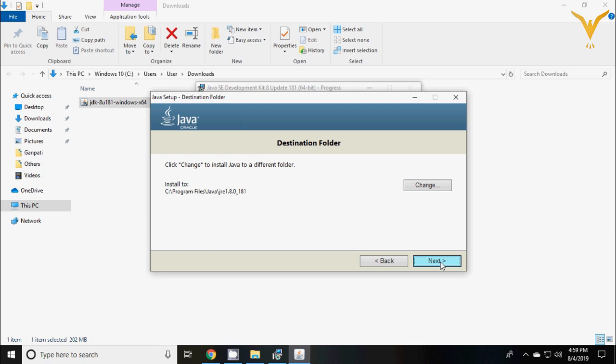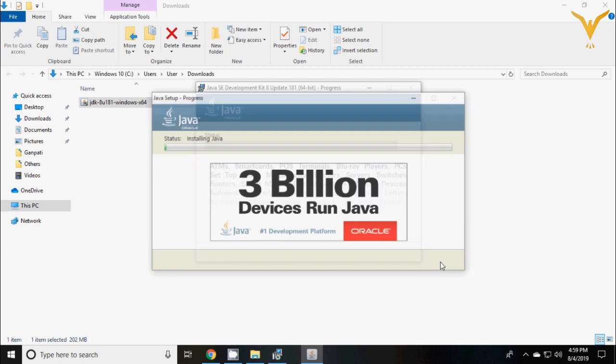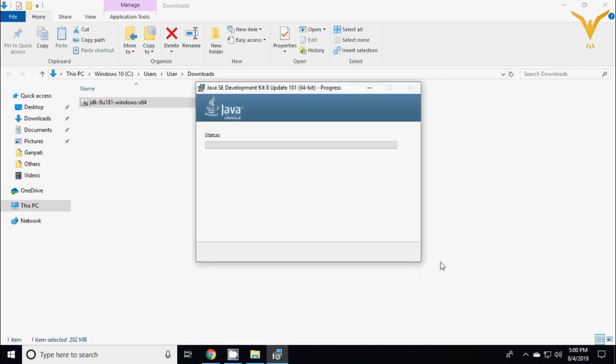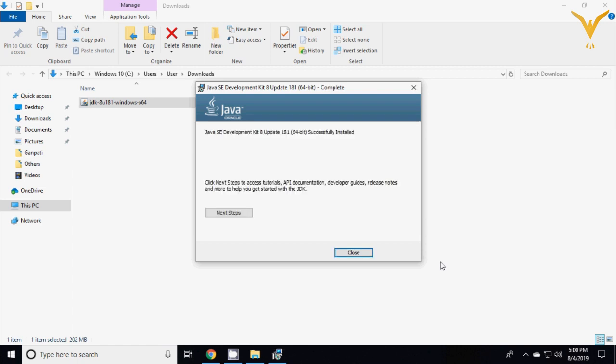Yes, set the path for Java runtime environment. Yes, Java Development Kit is successfully installed.